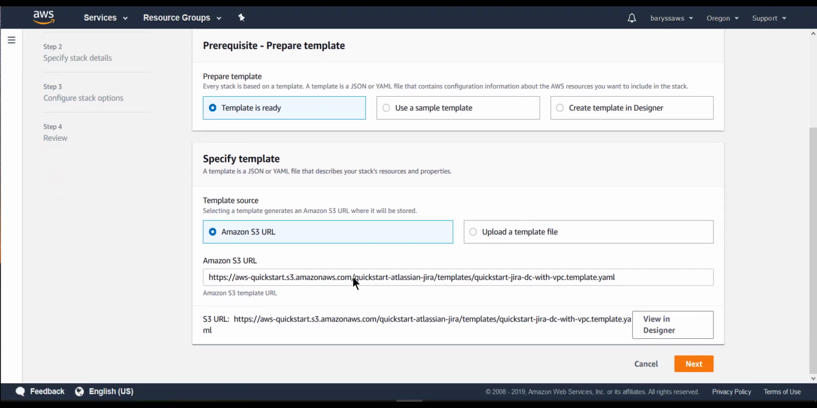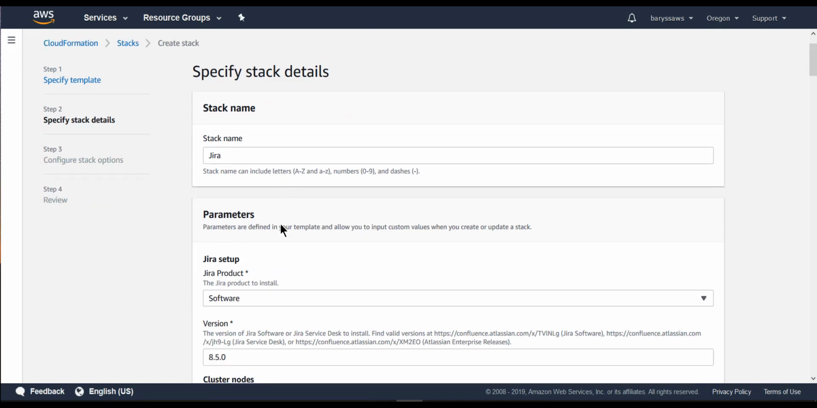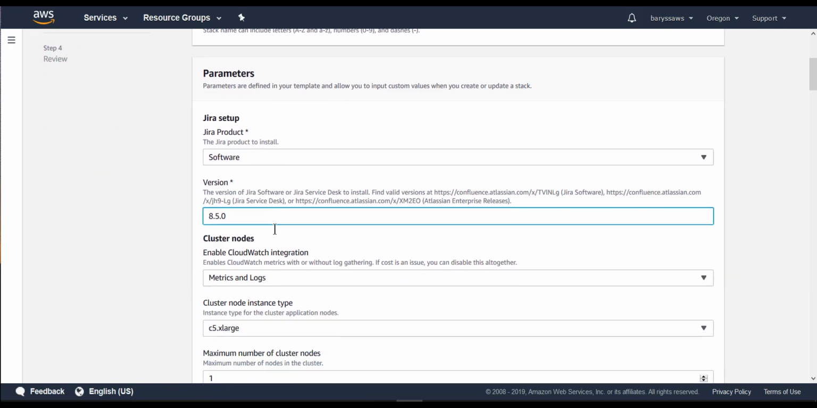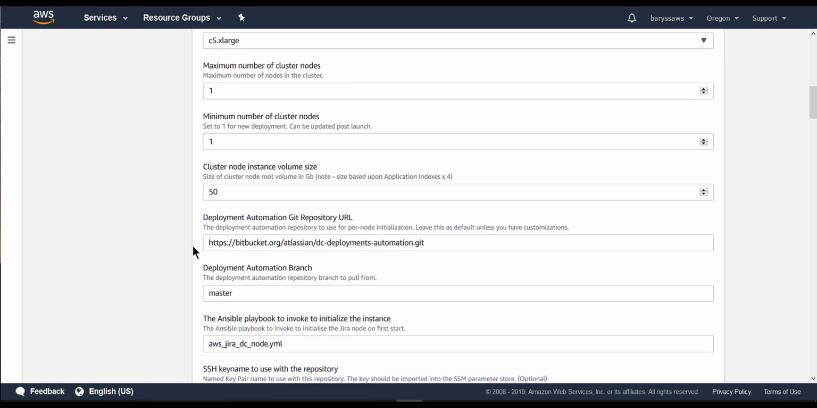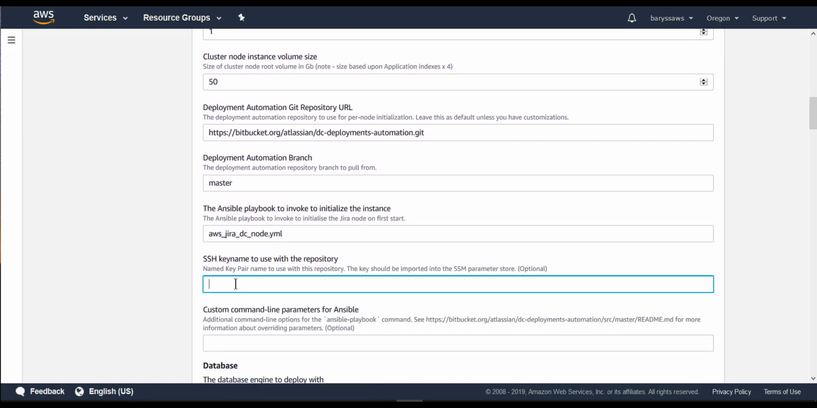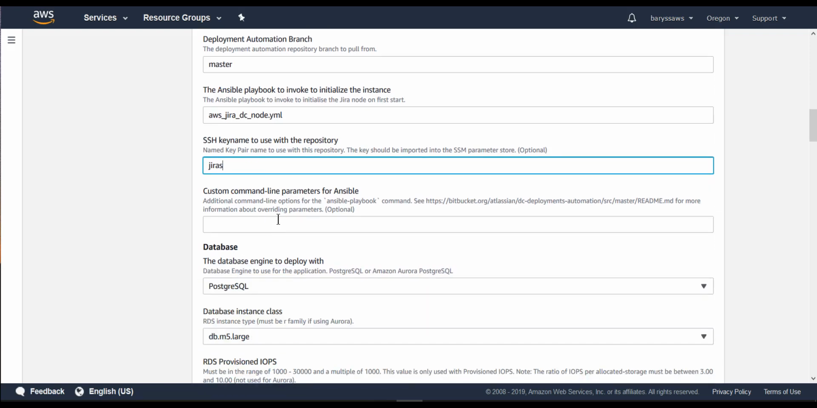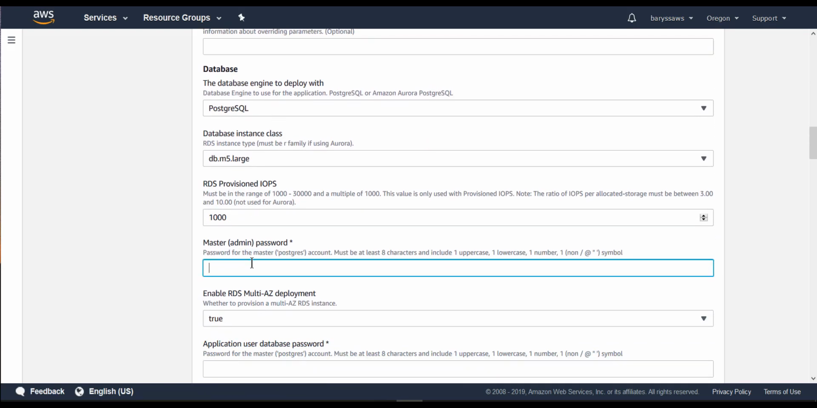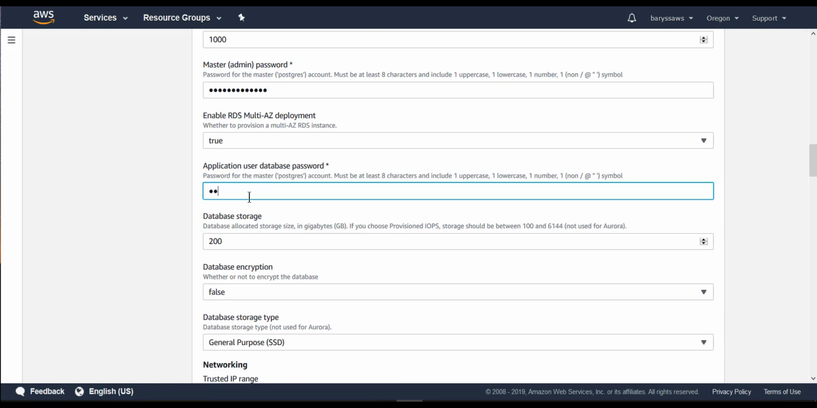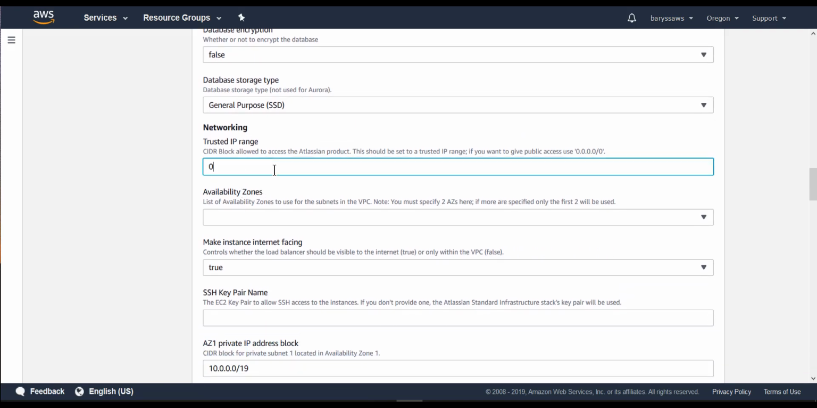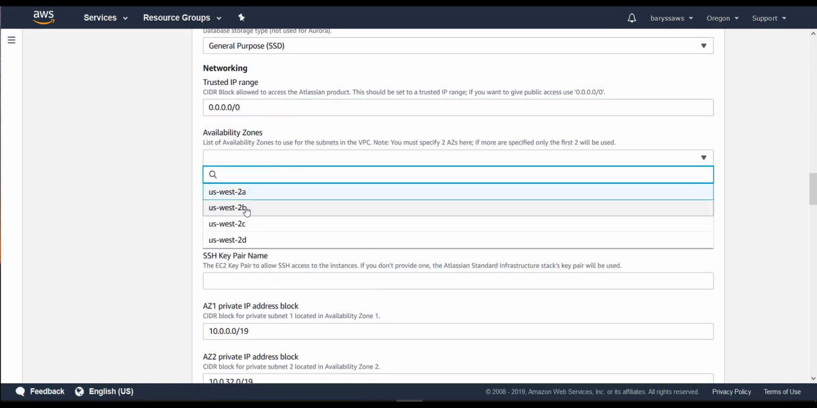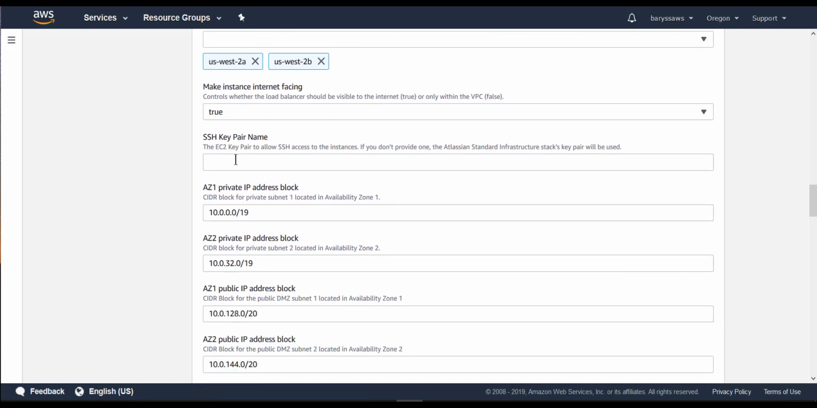Once we are there, we are going to install it in an Atlassian standard infrastructure. The template comes ready with all the information. We're going to choose a product, the version. We have to put additional data like the SSH key for the connection, the database password for Postgres, and the application user database password. And once we have that, we have to make the instance publicly available, or you can choose your IP address, whatever you want, the availability zone,